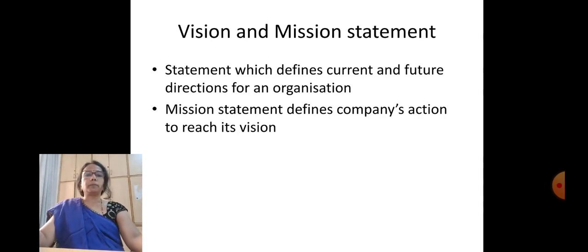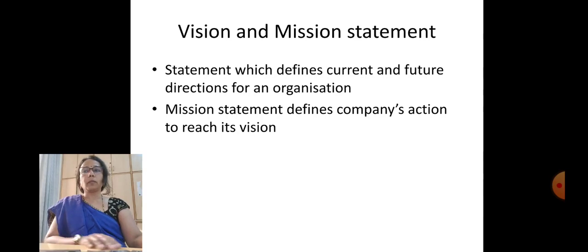A few important aspects vision has are: it's more of a dream than an articulated idea. It is an inspiration of the organization. The organization has to strive and exert to achieve it. It is a powerful motivator to action. Vision articulates the position of an organization which it may attain in the distant future.